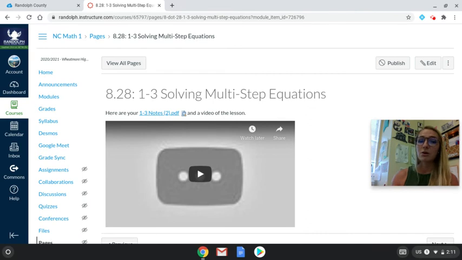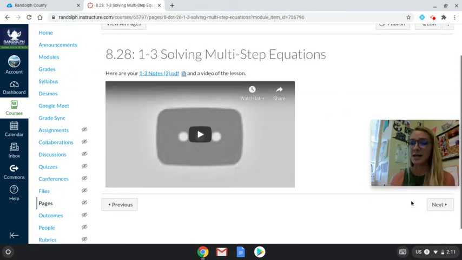Okay. So you'll do the notes, watch the video. You can do notes on paper. I think it'll be super, super easy to write those down on notebook paper today. Or you can print them, whatever works best for you. So there's that. And when you're done here, you'll click next at the bottom of the page, and it's going to take you to our homework,